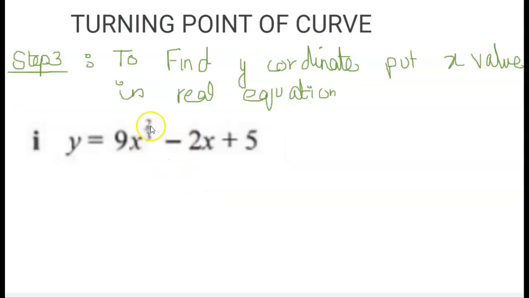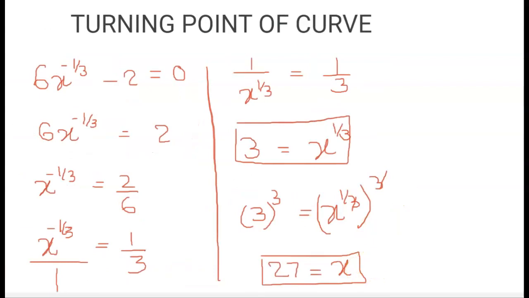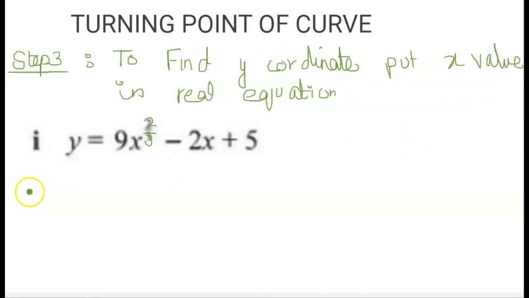This is 2 over 3. If you can't see properly, 2 over 3. So that's 2 over 3. Now, we put the value of x, and the x value we got is 27. So you will need to use a calculator. So y equals to 9,